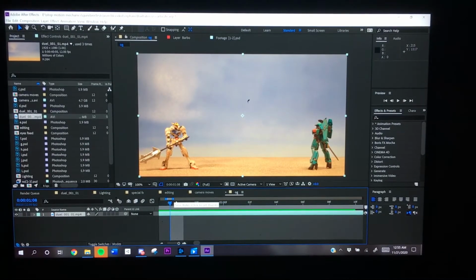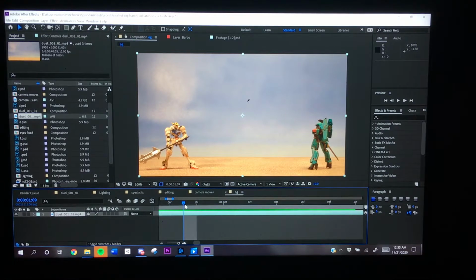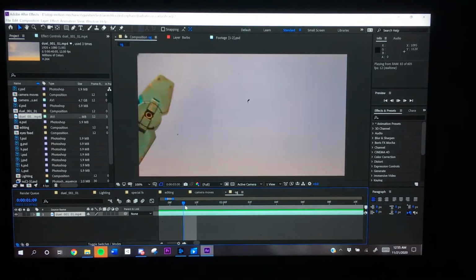Okay, so I've actually just finished all the special effects and sound design for my Barbatos versus Graze Ritter video, but I just want to give you guys a behind-the-scenes look at my process. So I animated in Dragon Frame. I showed you guys the set of that earlier. It took about 4 hours to animate the 40 seconds or so that we have here, and I did that last night. So this is just a look at the raw footage, and as you can see,